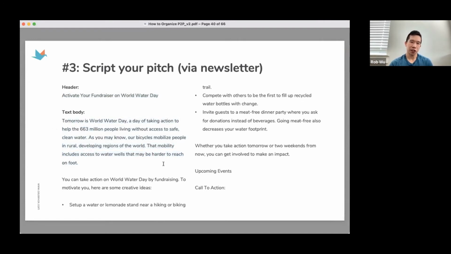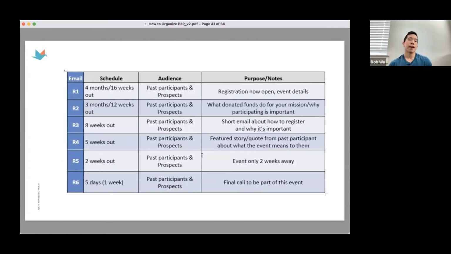A few aspects of this template that I like: first, you're talking about why someone should fundraise, and after that, how they can fundraise. So you're making it easy for folks to understand why they should participate, and then the actions they need to take in order to do that. As you get this presentation in review, you can just copy and paste this and adapt it to your needs. And once you have an idea of some of the newsletters you want to send, you can create what we call a communications calendar.